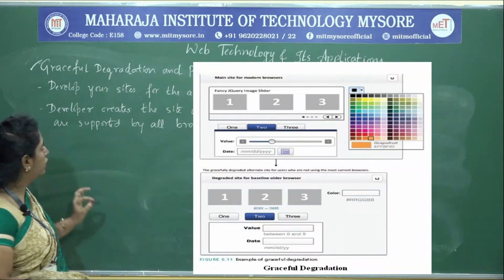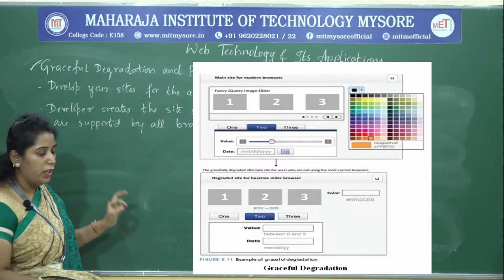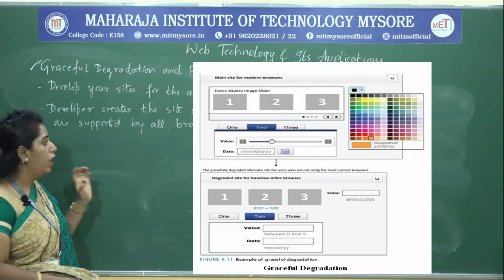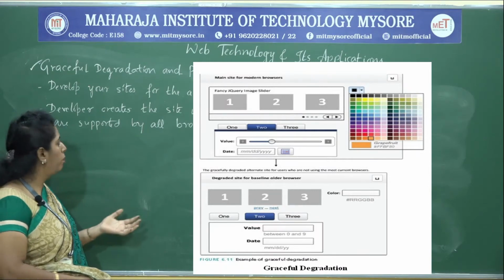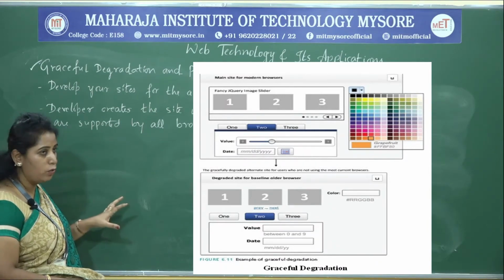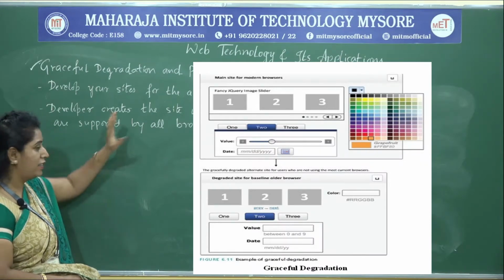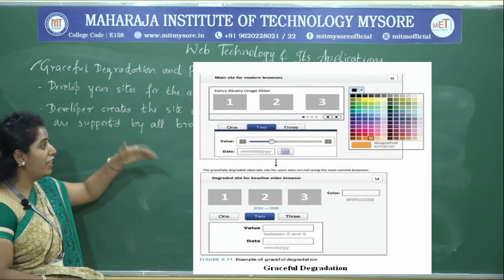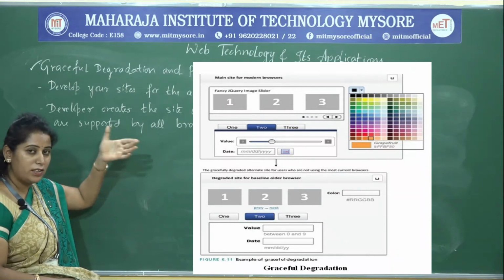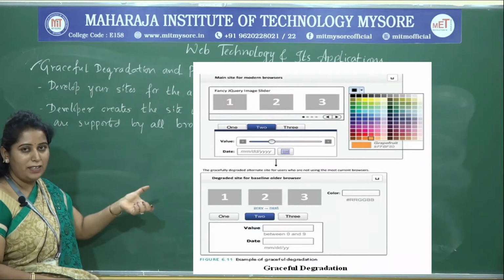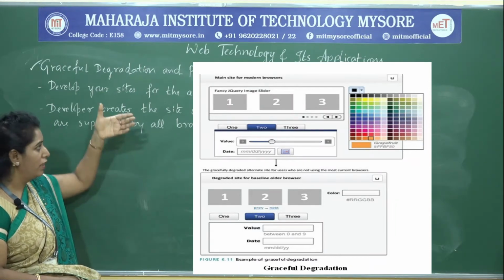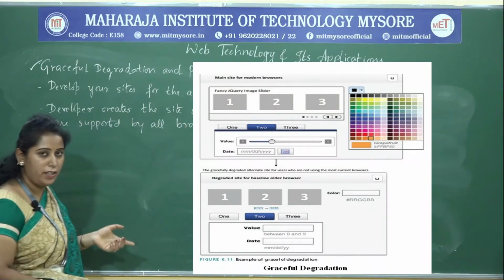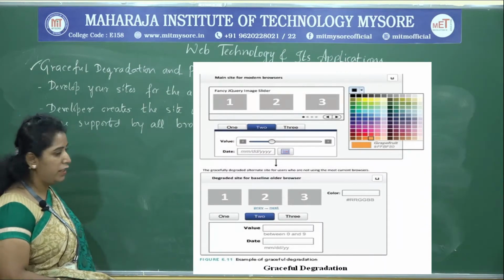Graceful, in the sense that without popping out a JavaScript error code, it is going to display the same site using an older browser. Degradation, in the sense that it has lost some capabilities. It is not similar to the site developed using the current browser. That is degradation. So this is graceful degradation.